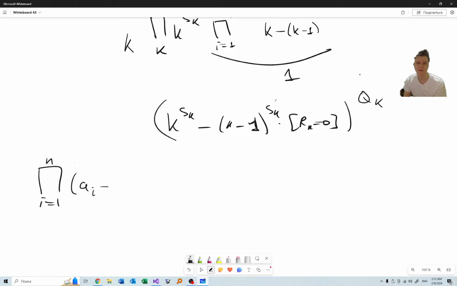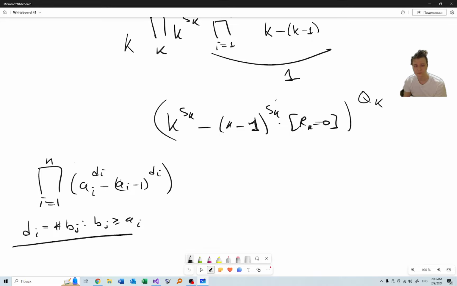Yeah. a_i to the power d_i minus a_i minus 1 to the power d_i, where d_i is the number of b_j's which are at least a_i. Plus 1 times,